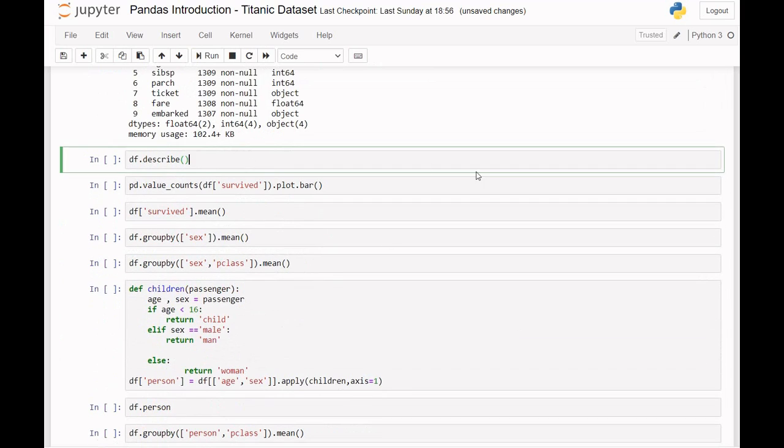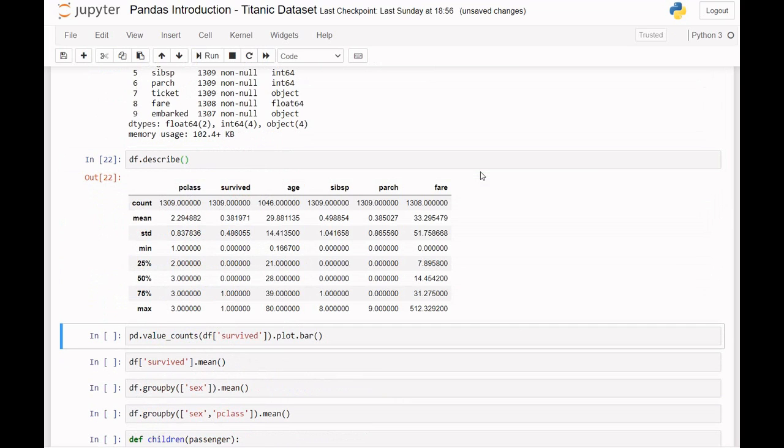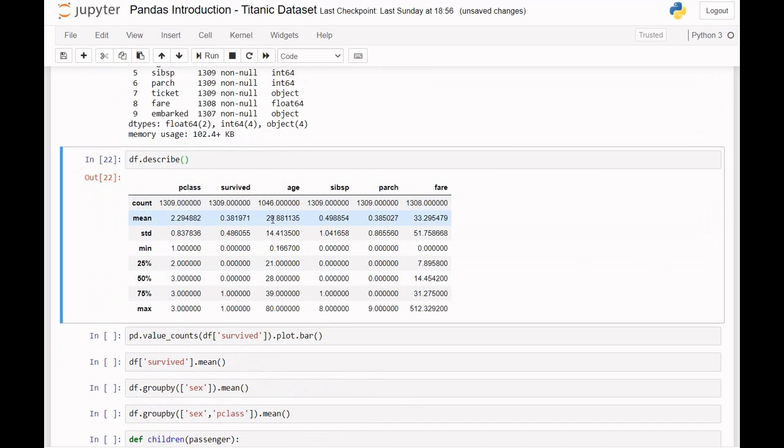The next thing we can do is describe the dataset using the describe function. We get the count of records again and some descriptive statistics. We get the minimum age and the maximum age and then the quartiles there. The mean age is 29.8, the median age is 28 years with a standard deviation of 14 years, which means even though you have quite a bit of variance in the age in the dataset, the distribution is nearly symmetrical. So that's quite useful.